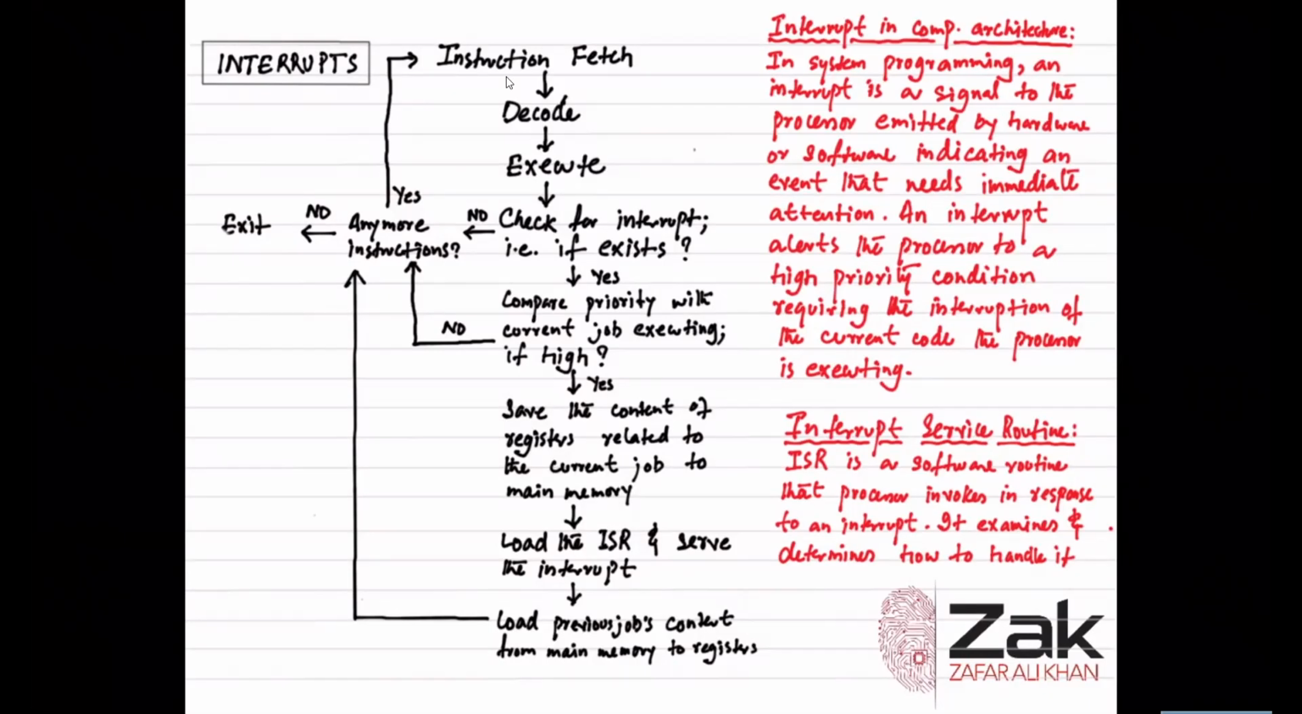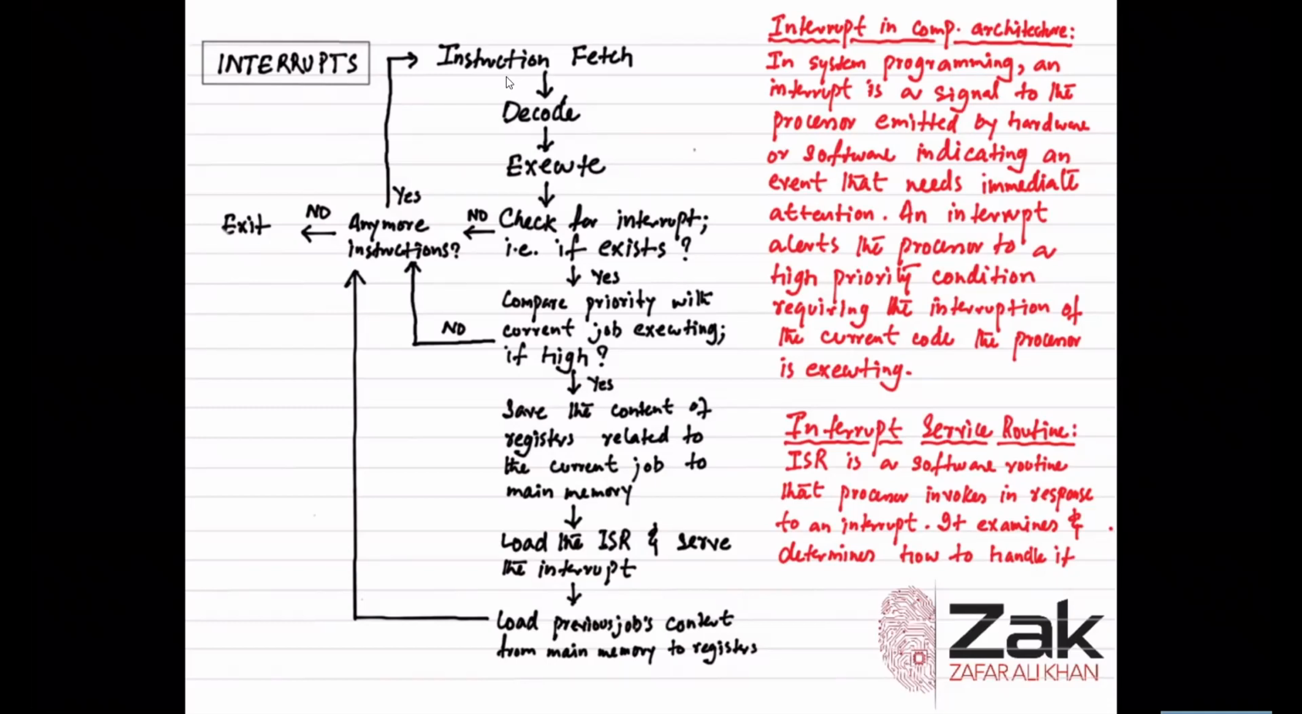The whole fetch, decode, execute cycle is completed for one instruction, and then the system checks for the interrupt. Where? In the interrupt register. If an interrupt does not exist, then the system goes for the next instruction of the current program, but it checks whether there is any more instruction. And then it goes for the next instruction, fetch, decode, and execute, and then checks for the interrupt again. Let's say the interrupt exists after the current instruction's execution. It checks that the interrupt exists. If it exists, then it compares the priority